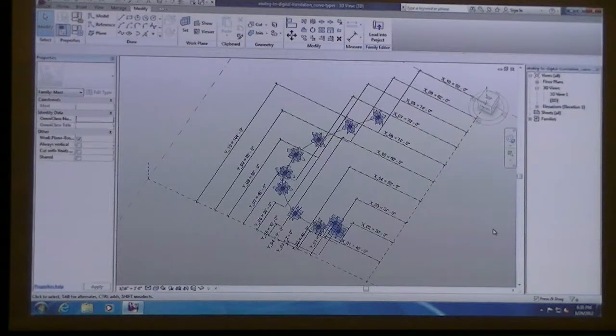All right, so today what I wanted to do is go over a couple more parametric strategies. Right now we've been dealing with understanding exactly where points occur in space in the X, Y, and Z, and then defining our curves by this whole set of points. I want to start going over some other tools that are available in the conceptual mass, and also get into adaptive wireframe components.